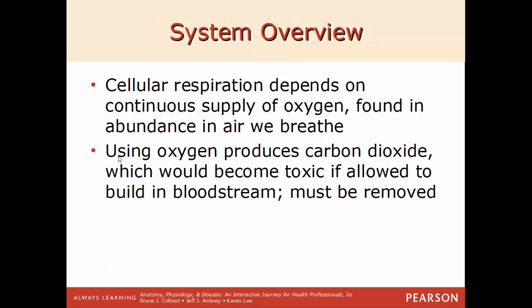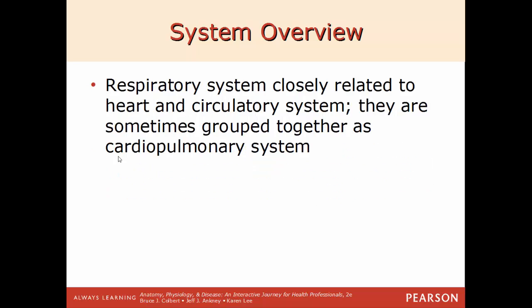First, let's start with a system overview. Cellular respiration depends on a continuous supply of oxygen, which is found in abundance in the air that we breathe. Using oxygen produces carbon dioxide as a waste byproduct. This can become toxic if allowed to build up in your bloodstream, so it has to be removed. The respiratory system is very closely related to the heart and circulatory system, and sometimes they are grouped together as